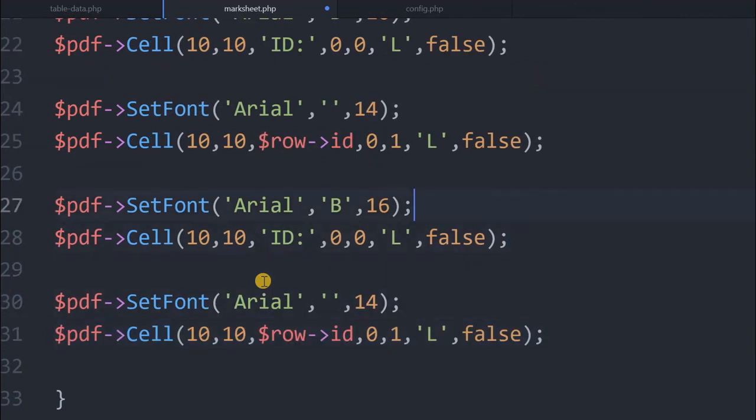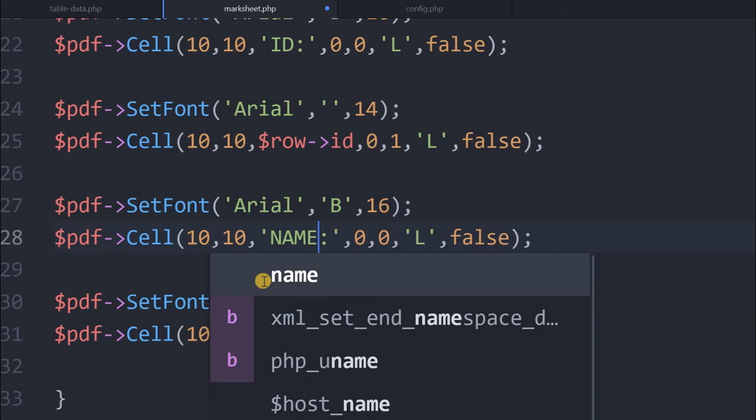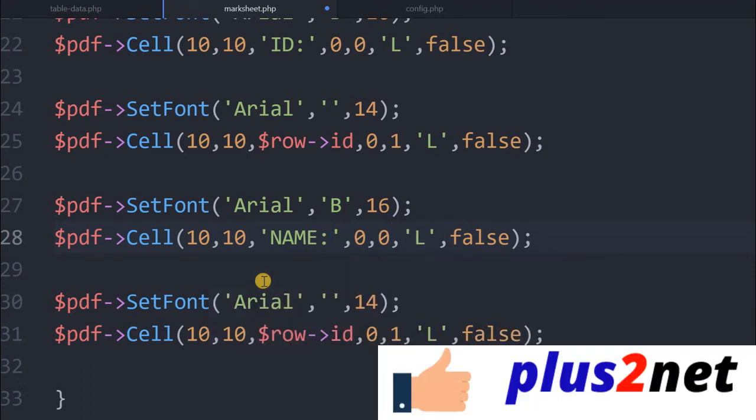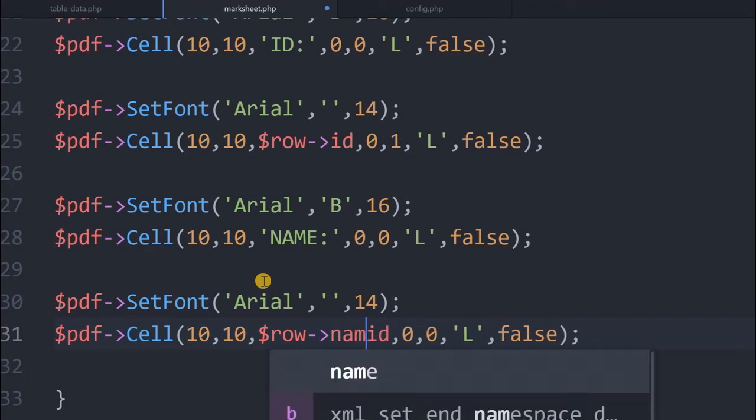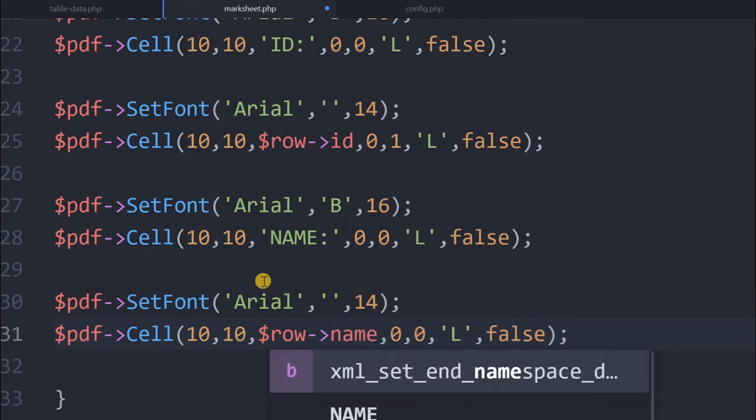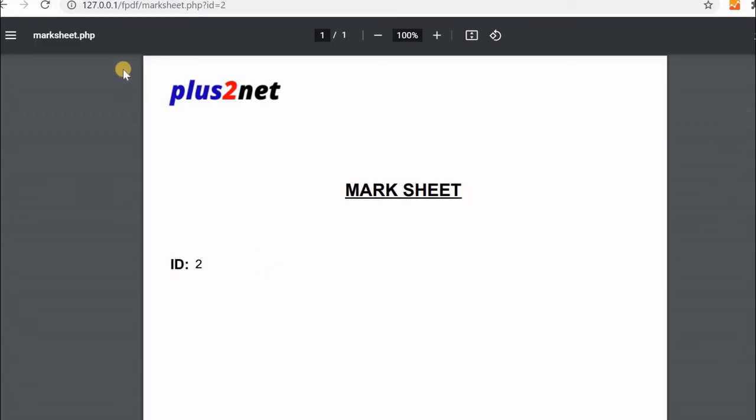Okay, so here it is ID, I will write name. Next is this, here I will make it 0 because I want to write further, and here I will make it name. So now let's see what the output is.